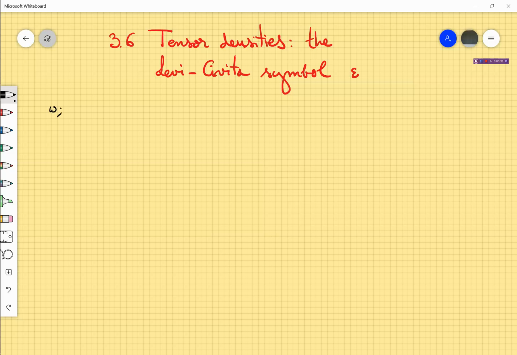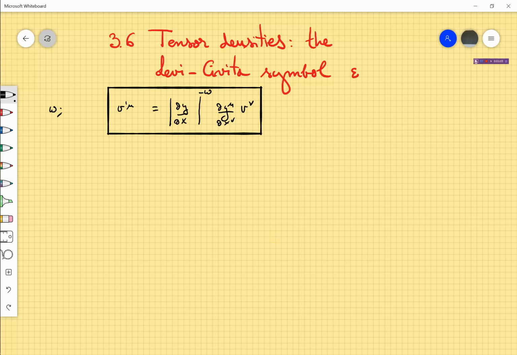It is as follows. For the particular case of a contravariant vector density of weight omega, the components transform in this way. This could be the standard transformation rule of a contravariant vector, but then there is an additional factor, which is the determinant of the Jacobian matrix of the transformation raised to the power minus omega. This defines a contravariant vector density of weight omega, and this can be generalized to any kind of tensor